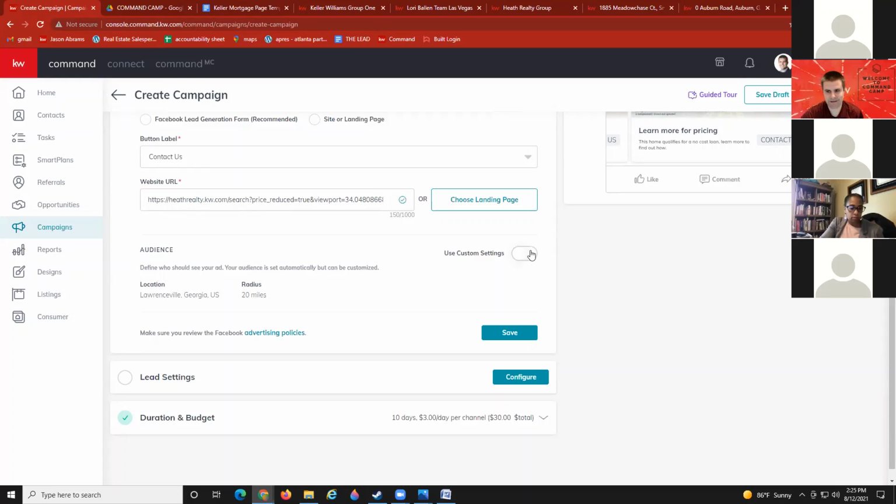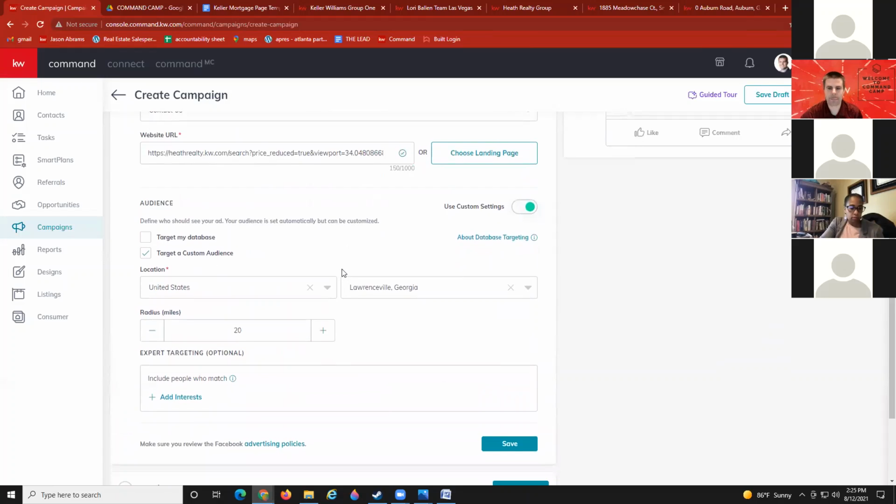If I click under custom settings, this little toggle button, I'm now going to have the option to, one, change my location. So if you have a listing that's on the other side of town and you don't want to work, 20 miles radius is a really big radius. If you don't want to be working way on the other side of that circle, well, instead of dropping your pin where the home is, drop the pin a little closer to you. The home that you listed is still going to be in that 20-mile radius, but you're going to be receiving leads a little closer to you. 15 miles is the minimum